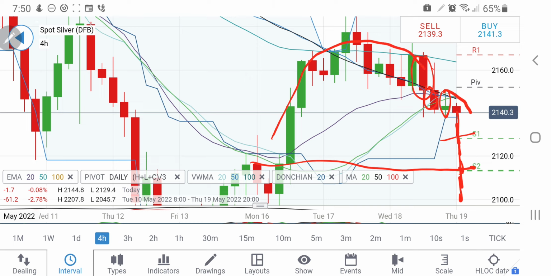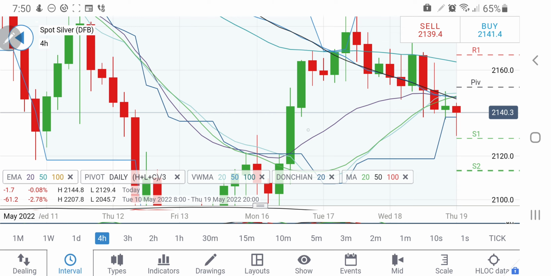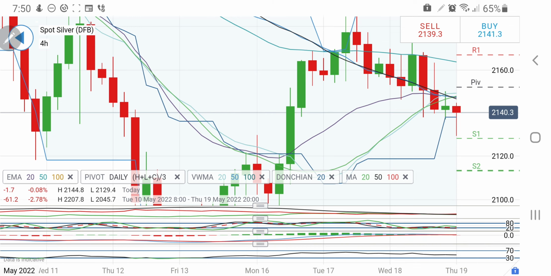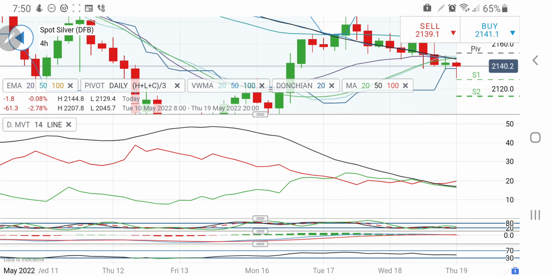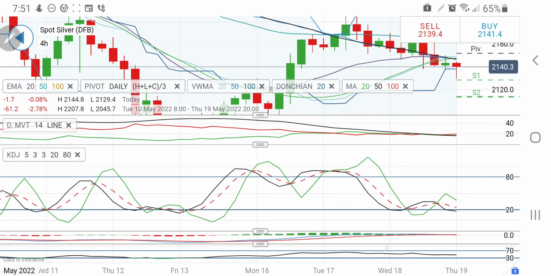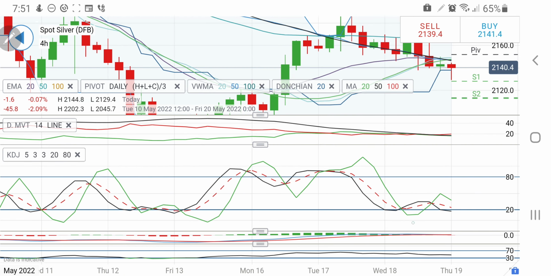So right now it is sloping and it may give you sharper red candles. Do not go long till it is below 2150. That is also very much clear. Above 2150, 2160 and 2170 are the two levels which I will be watchful of. The directional movement is still bearish, it has crossed over. Stochastic on the 4-hour charts is again oversold, it is trading at the bottom.